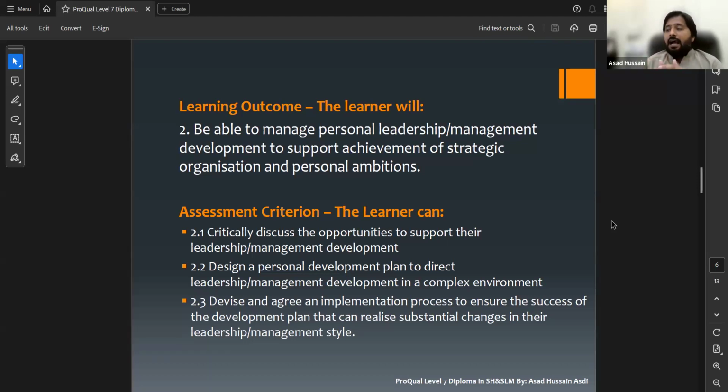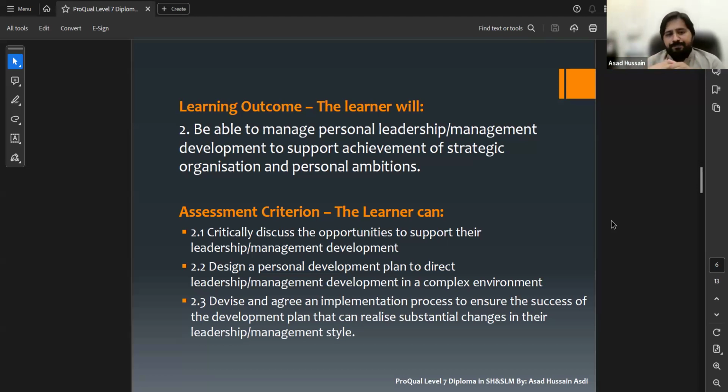So here the evidence will be the same: he has to provide a personal development plan, which confirms that this candidate is working on his professional development with regard to strategic management, and that shows he is improving his leadership and management development in a complex environment. That will be the evidence which can be accepted by any assessor.